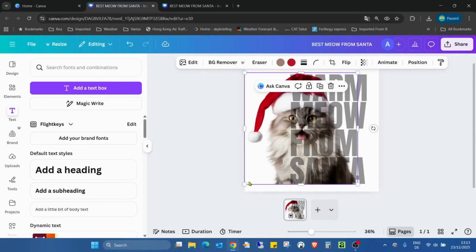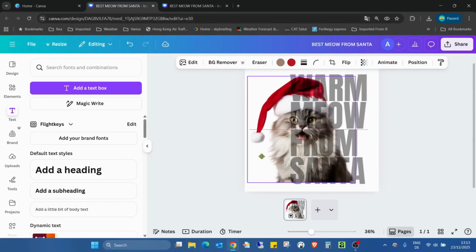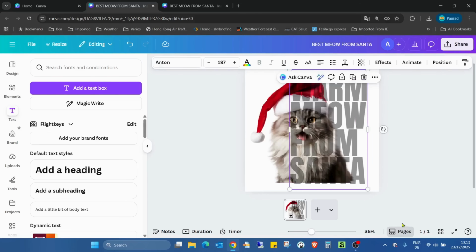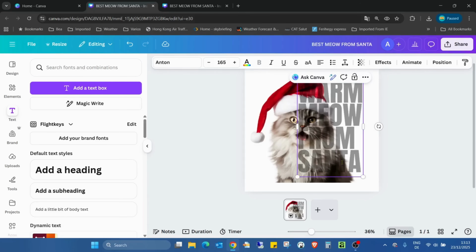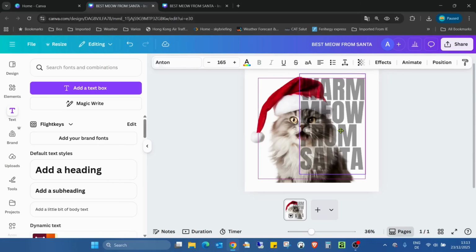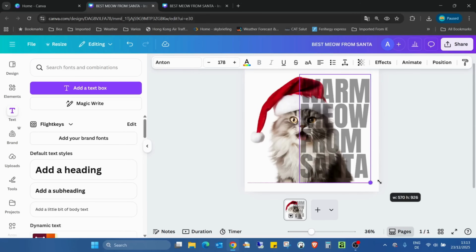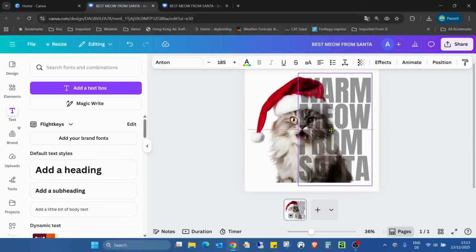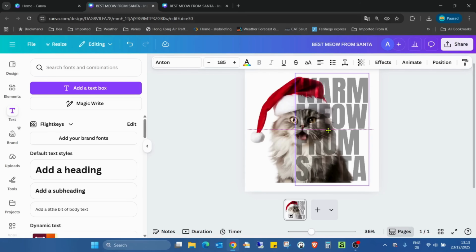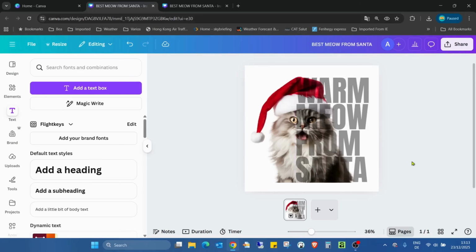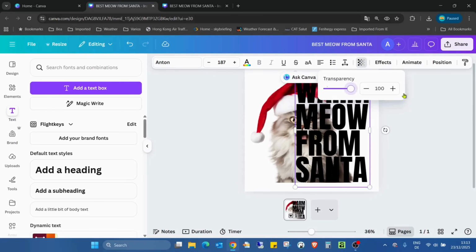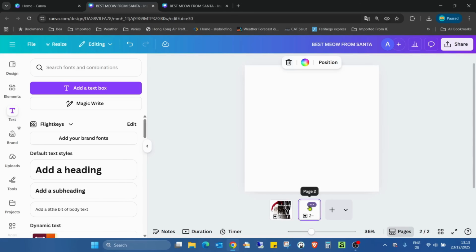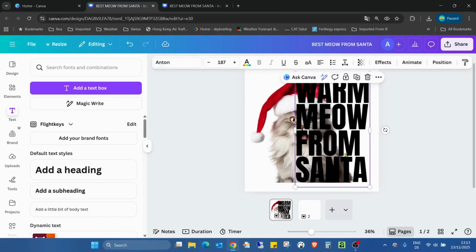This might be too big. Even the cat, I just make it a bit smaller, and then the text also a bit smaller, like this. Try to insert it somewhere to here and increase the text to this. Even more like this. Okay, now we can move the transparency back to 100%, open a new page, and Control C, Control V,